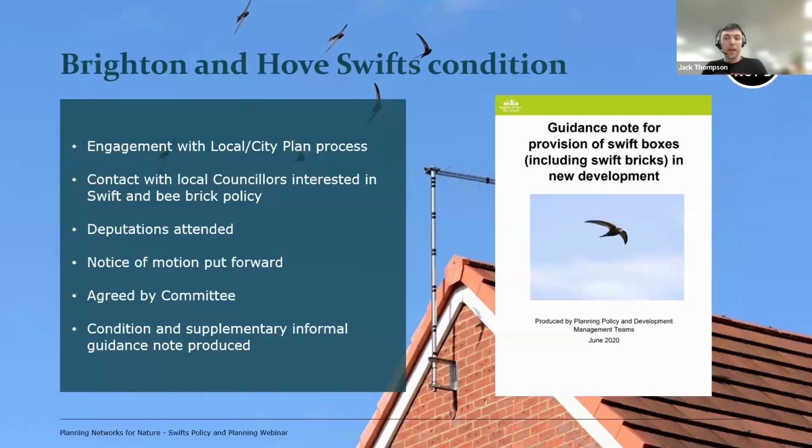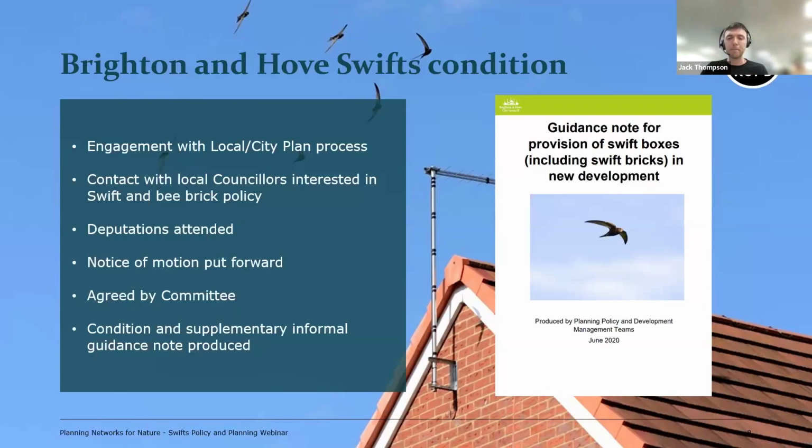So at the RSPB, we engage with planning processes across a multitude of local authorities on various biodiversity matters. Advocating for policy on swifts is something that we incorporated into our responses already. But in addition to this, we reached out to local councillors interested in swift and bee-brick policies as advocates for our cause, and the councillors themselves involved were extremely useful in supporting the push for the conversation in council around